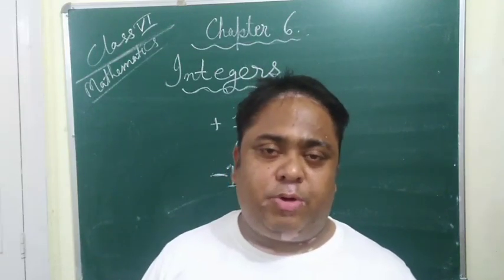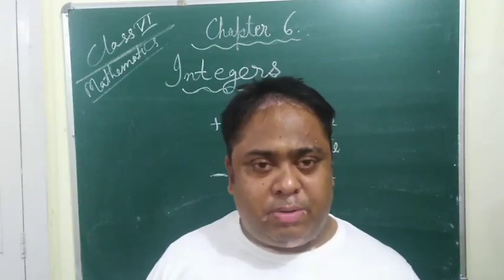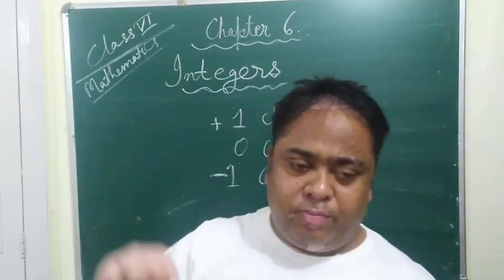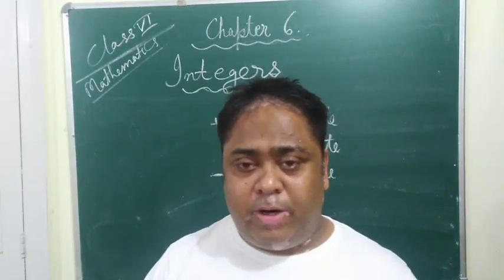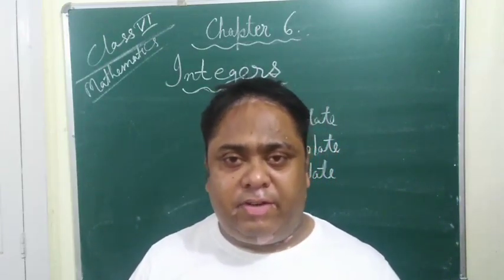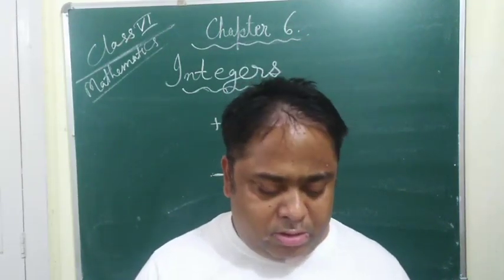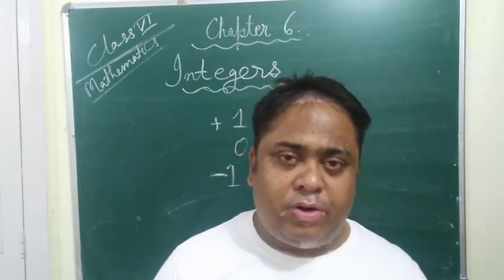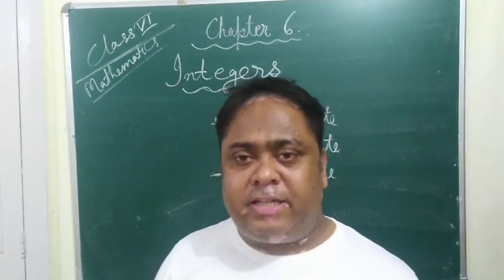Now what is the importance of positive numbers and negative numbers? A positive number shows gain. A positive number shows positive direction. A positive number shows rise in height. A positive number shows movement towards north. A positive number shows movement towards right. Whereas a negative number shows decrease. A negative number shows downward, going down a hill or going downstairs, downstream of the river. So the negative and positive sign put before any number gives a direction to it.